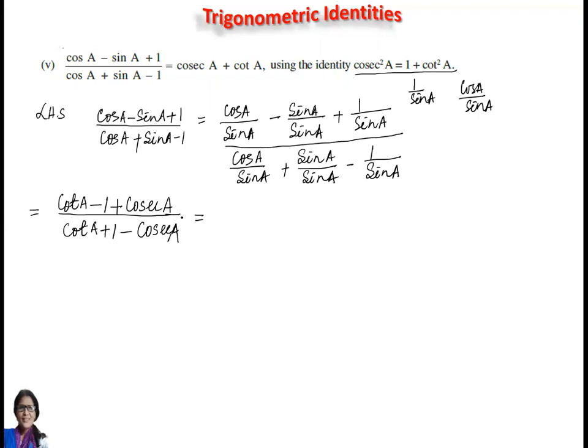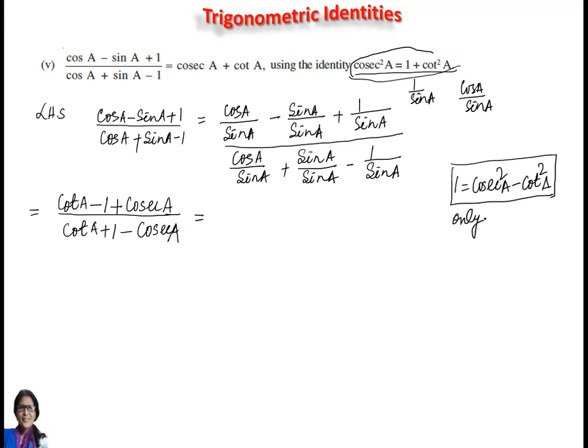After getting cot A, cosec A, now it is saying that use these identities. Cosec square A is equal to 1 plus cot square A. That means what will be 1? 1 will be cosec square A minus cot square A. So I will change the numerator 1 to cosec square A minus cot square A only in numerator, only in numerator,